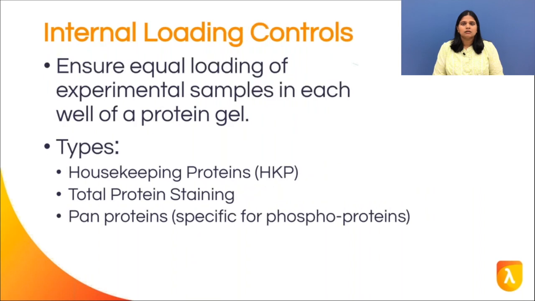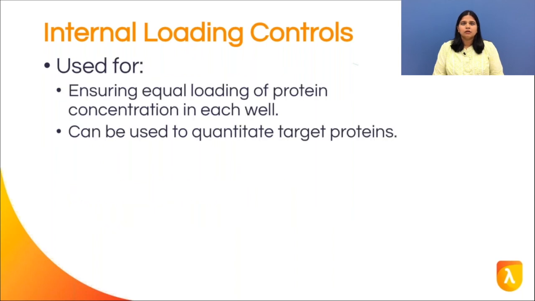Internal loading controls ensure equal loading of experimental samples in each well of a protein gel. Ensuring equal loading is important for accurate comparative analysis of the changes in target protein expression. There are three different types of internal loading controls: housekeeping proteins, total protein staining, and pan proteins for phosphorylated proteins. Internal loading controls help in ensuring equal loading of protein concentration in each well and can be used to quantitate